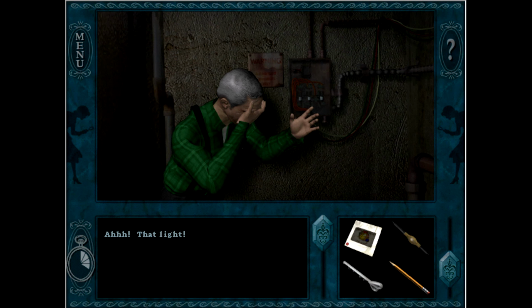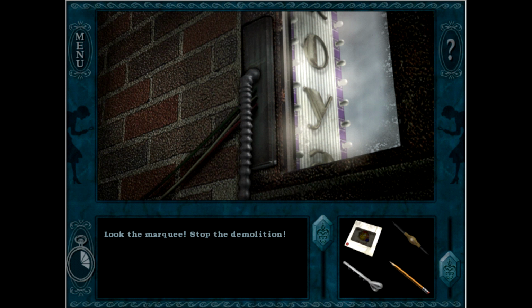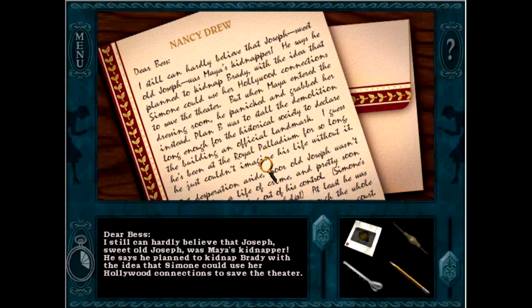That light! Nice. Look! The marquee! Stop the demolition! Dear Bess,